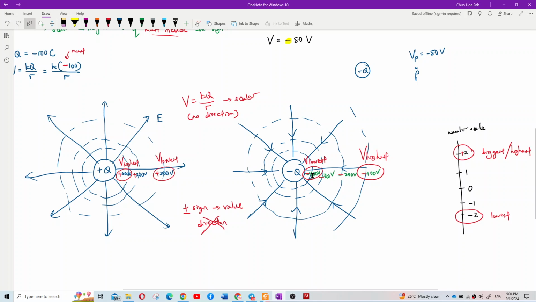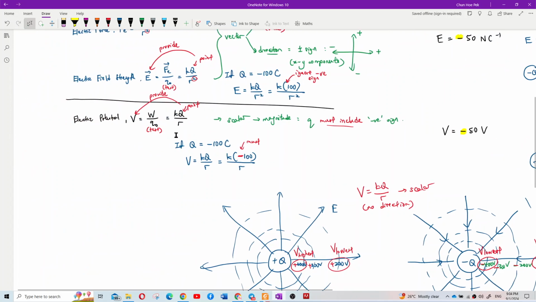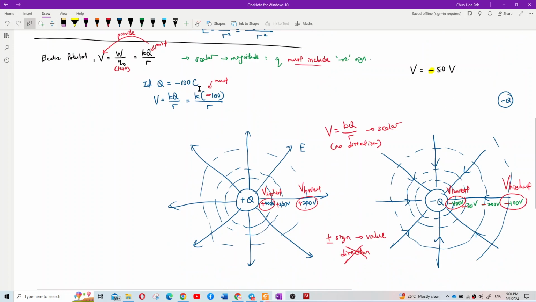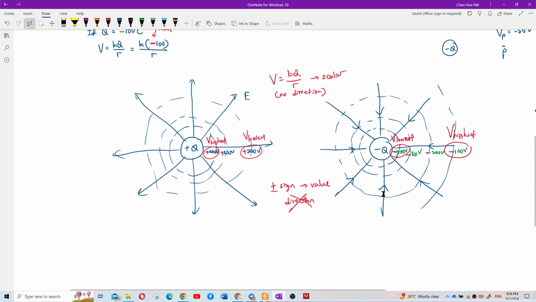Yes. So now the question, why we say potential, the charge must include negative sign? If the charge given like negative 100 coulomb, like this negative charge, understand? How to get all this value? How to get negative 400, negative 300, negative 200, negative 100? All because of negative charge, understand? Like let's say potential, negative 400. It's all because